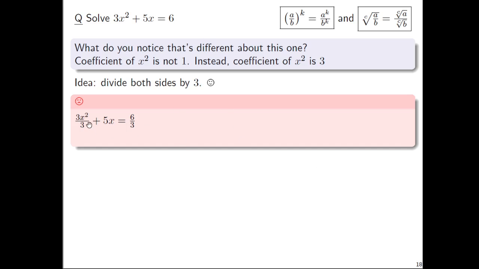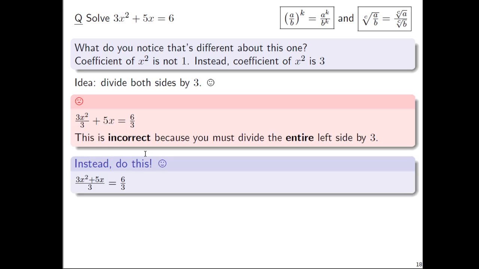This is not how to do it. When you divide, you have to divide the entire left side by 3. Right now, it looks like somebody's just trying to divide the first term by 3. But what about the 5x? So you have to divide the entire left side by 3. So instead you do this. It's got to be the original entire left side, 3x squared plus 5x, all over 3, equals